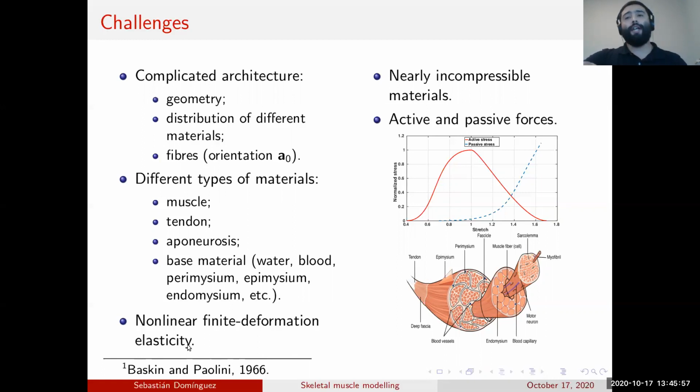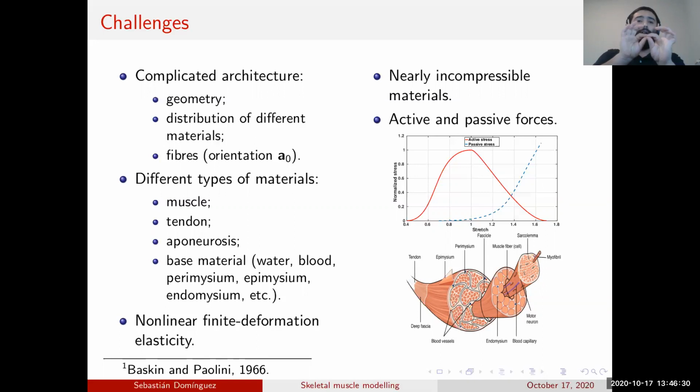The other challenge is that, as you may think, when you're working out or lifting, you're using your muscles, you can see that your muscles deform, right? Which is quite far from what we are used to analyzing, which is linear elasticity, right? In there, you see very small changes in the elastic body, but here you can see the deformation. So this problem is a large deformation problem, and it's nonlinear, right?